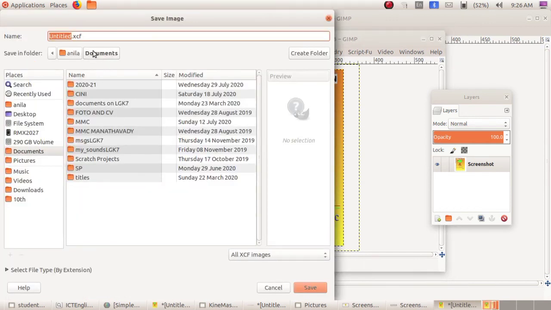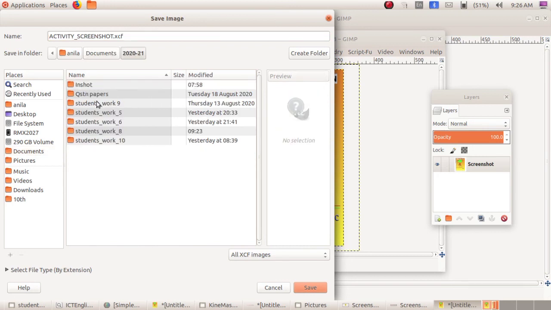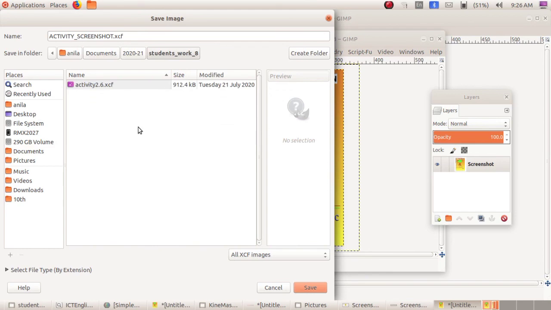Save as, give the name, then go to Students Work 8, then click on the Save button.